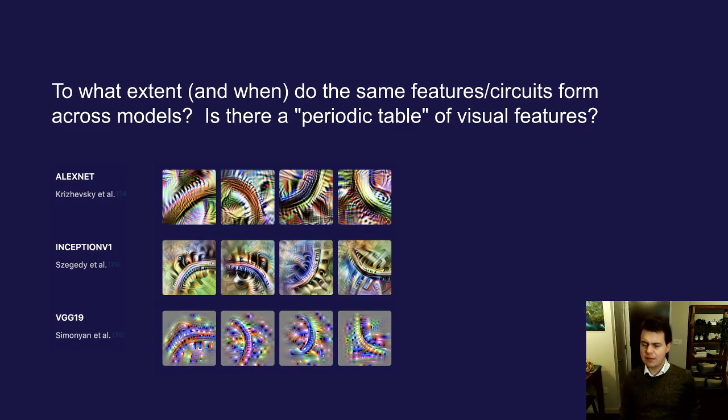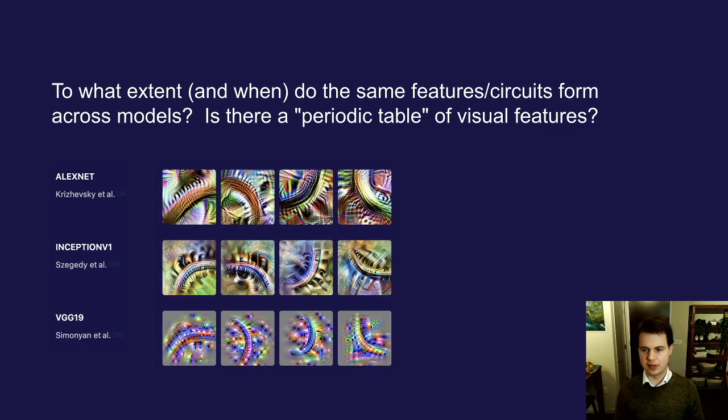To what extent do the same features form again and again across models? For instance, we talked about curves earlier, and it turns out that curves you can just basically find in every ImageNet model. And I think that's really interesting, because if curves form, what else forms reliably across models? And to what extent are models just largely converging on the same features and the same circuits, just scaffolded differently